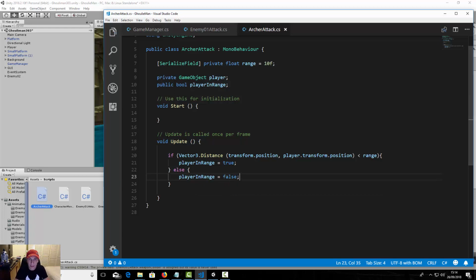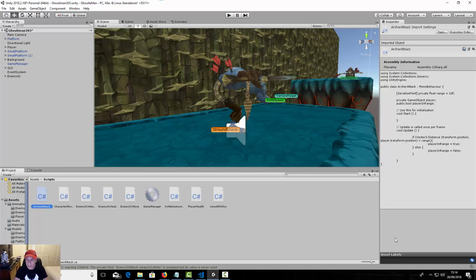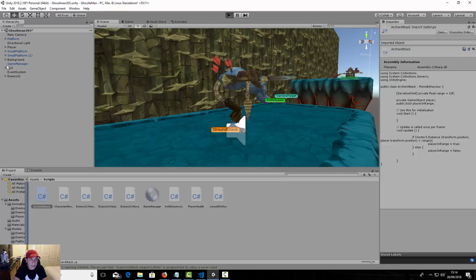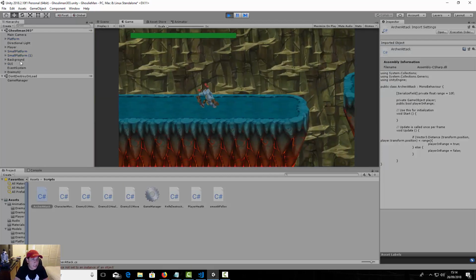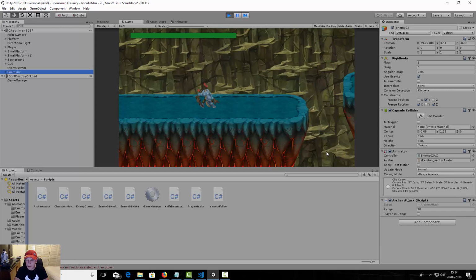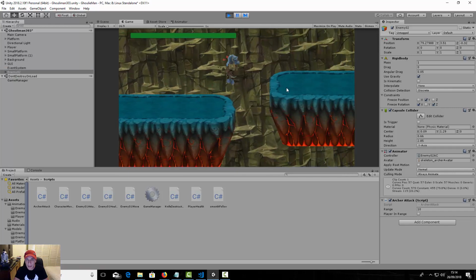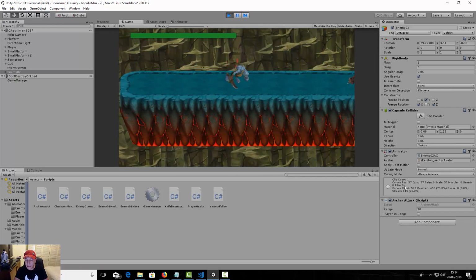Let's save the script and go to our game, play, and if we select our enemy 2, we can see our player in range is false. So once we get in range,